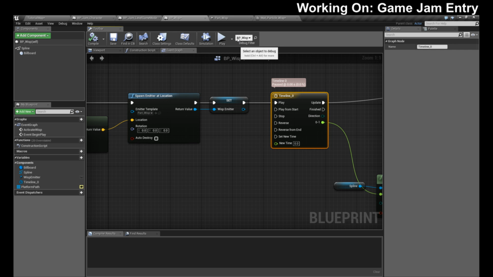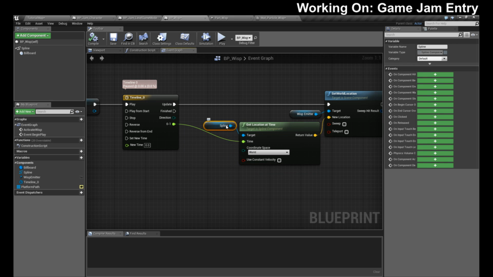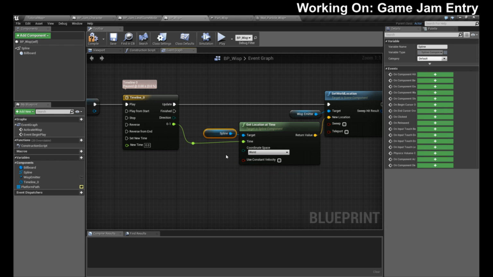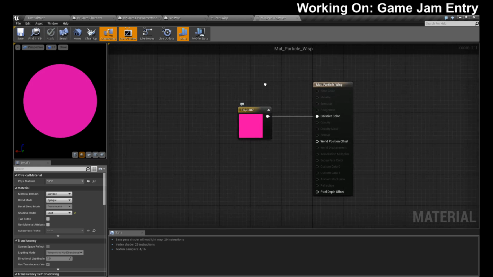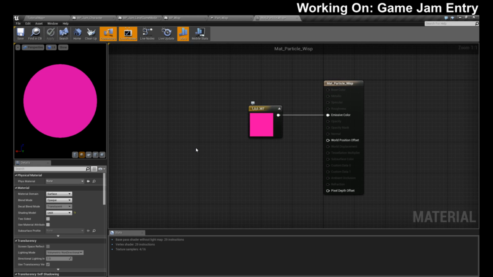Okay, that was way easier. That's why I love blueprints, because they have this built in for you already. And all I had to do was actually look. Oh, that was so simple. Now I need to make my wisp not look as crappy. I can give opacity on the wisp, right? To give it a smoother edge. If I remember correctly.